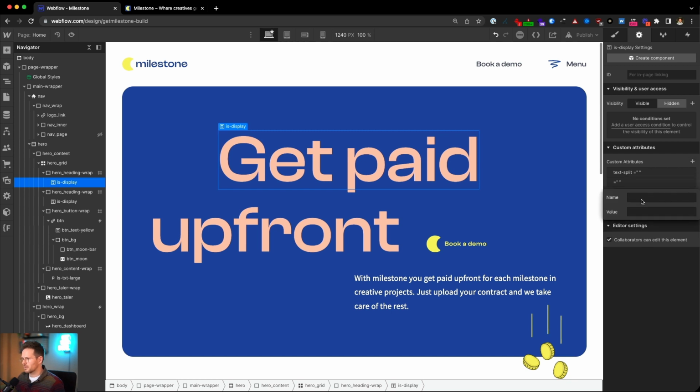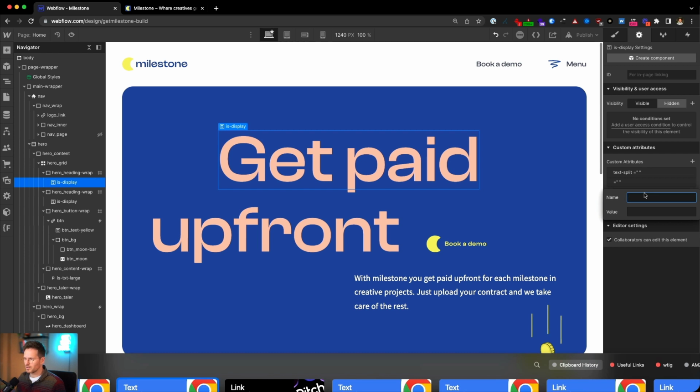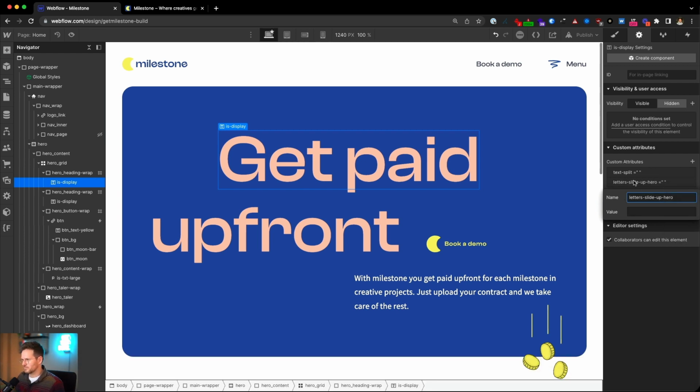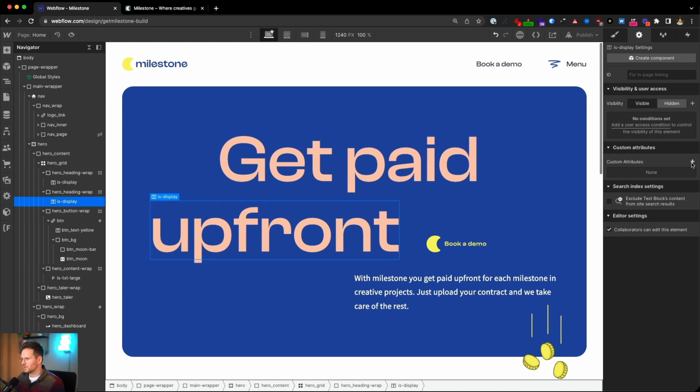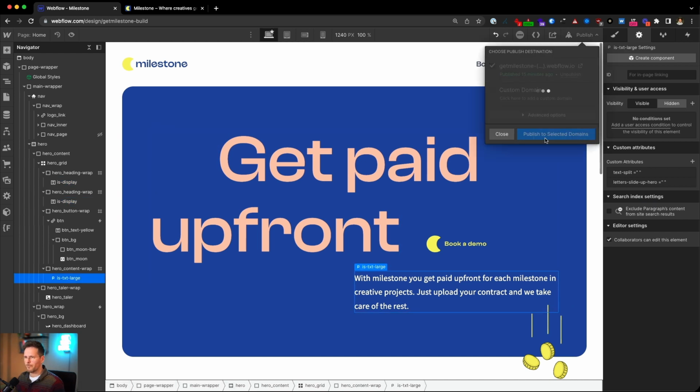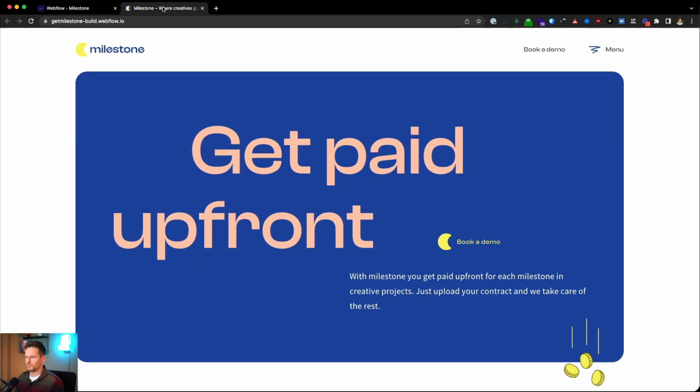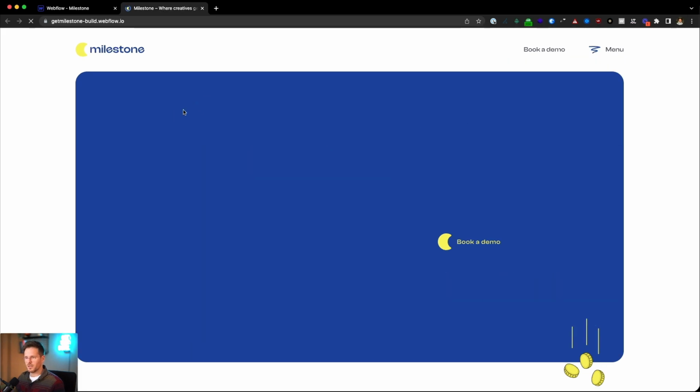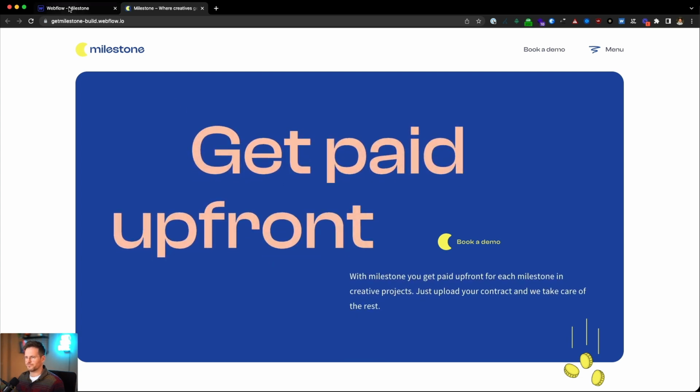And the second one is to trigger the right animation. So that's that one. And we need to apply this to all text elements here. And refresh the page. You can see that the text is sliding up. Nice.